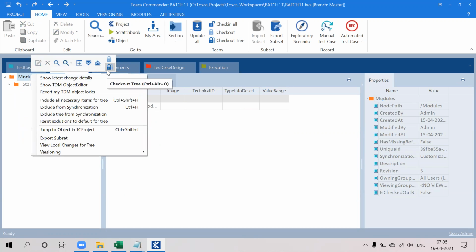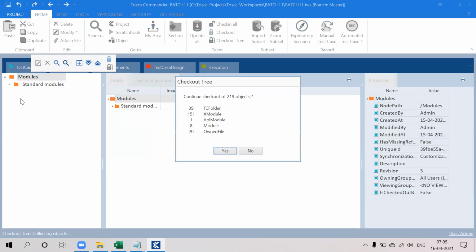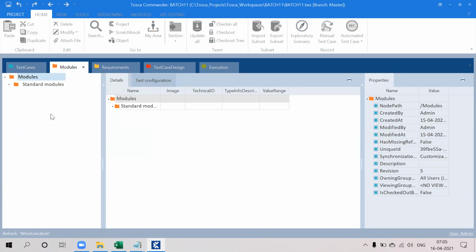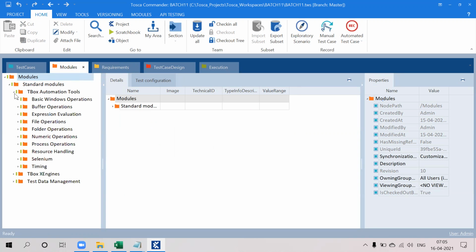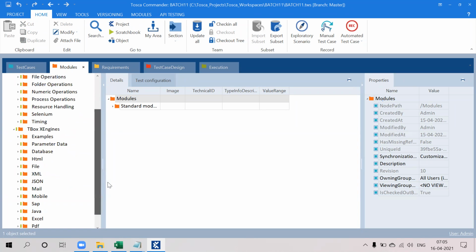Okay, as I have shown you yesterday, we have different kinds of standard modules. Like basic window operations, buffer operations, file folder operations, processing operations, and you also have the extension modules available. Here you can see the file operations, XML when you are working on XMLs, Excel, PDF.